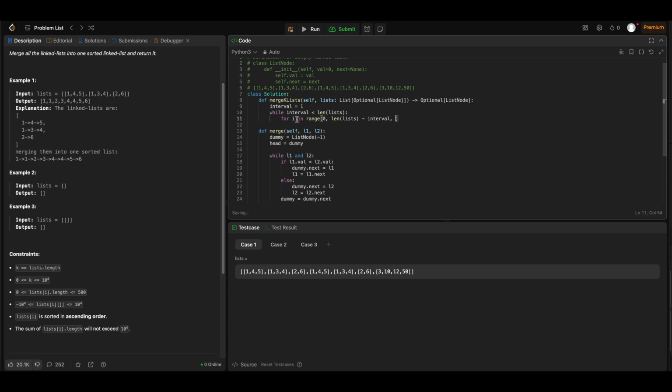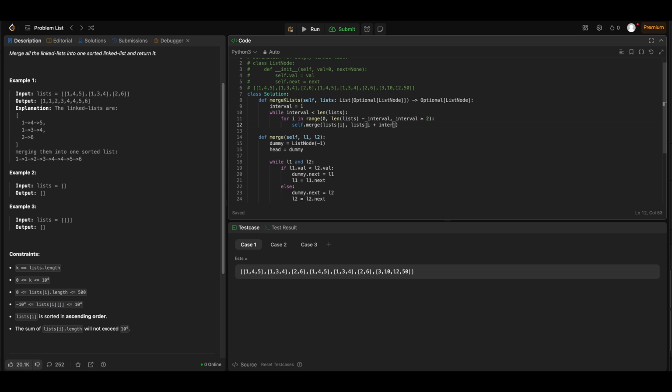And this is an interesting bit here. Every time we want to increase the value of i by not just 1 but twice the interval. Why is that? We'll have a look at that shortly. So this should be 2. So every time we increment the value of i by interval into 2. So now I have my two lists, which are basically the 0th list and the first list in my lists. So what I do, self.merge lists i and lists